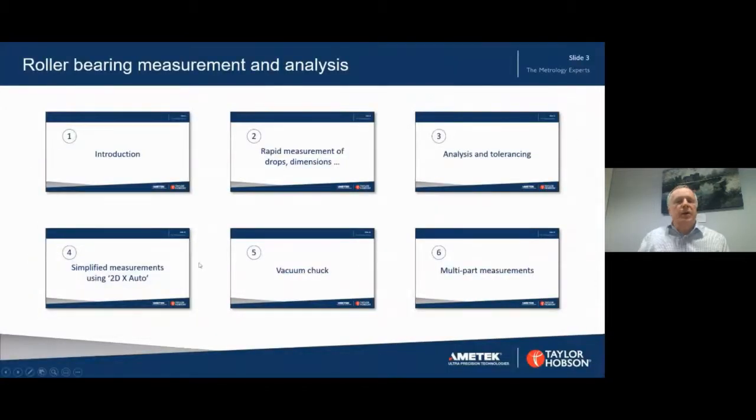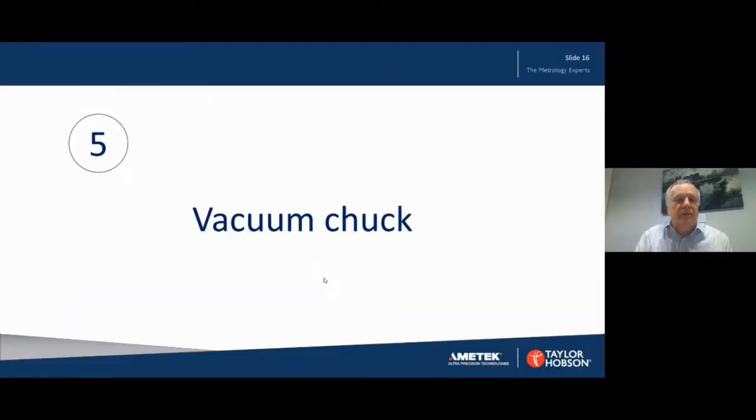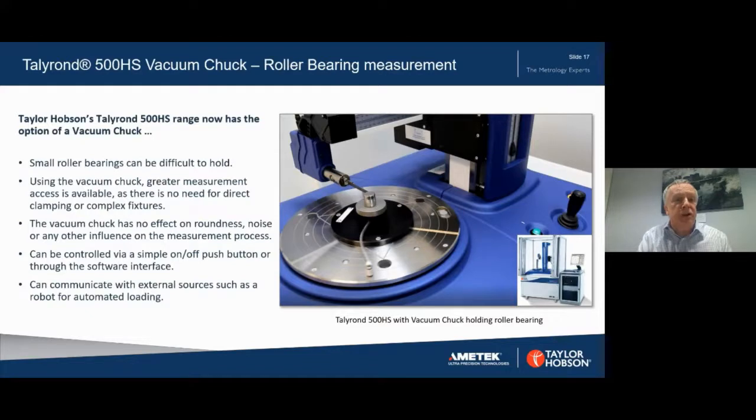Let's take a look now at the vacuum chuck. The vacuum chuck is a recent addition to the Talyrond 500HS range, and it is an option, and it's ideal for small roller bearings, which can be quite difficult to hold in place. Using the vacuum chuck, we've got greater measurement access available, and there is no need for direct clamping or complex fixtures. The vacuum chuck has no effect on the roundness, doesn't create noise, and isn't susceptible to any other influence on the